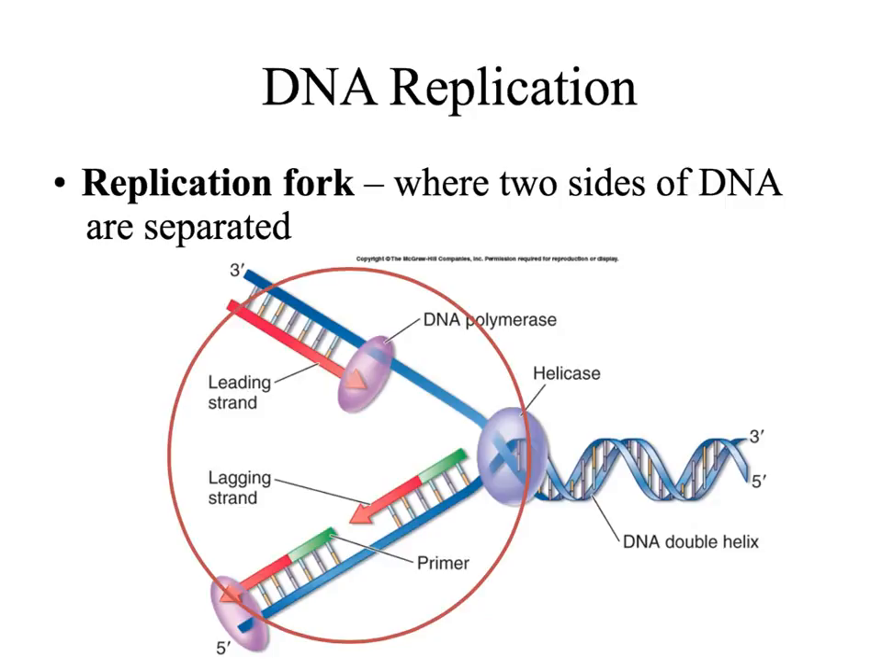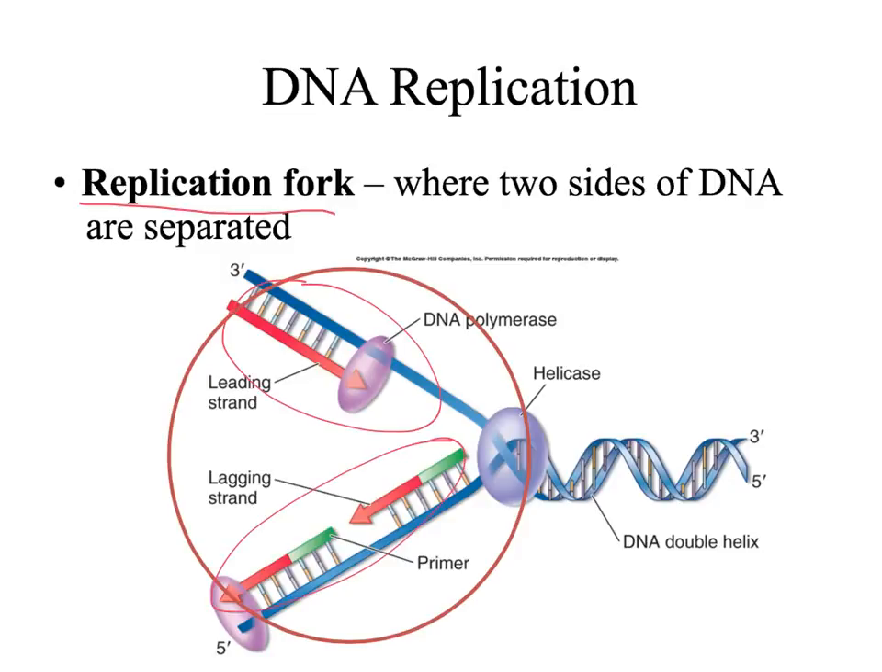So DNA replication happens at this thing called a replication fork. A replication fork is where two sides of the DNA are separated. Okay, that's very important, that we have to separate the DNA because we have to break those hydrogen bonds. The cool thing about DNA, as another key answer, is that both sides, this